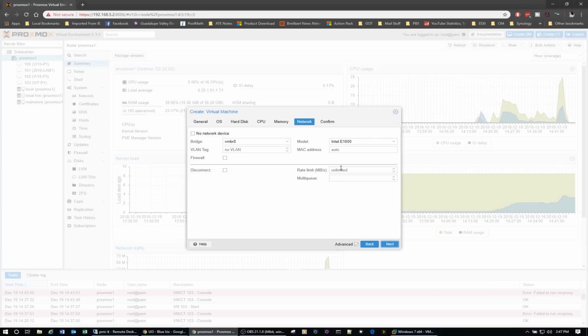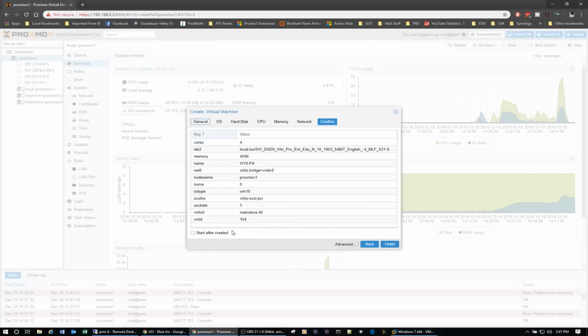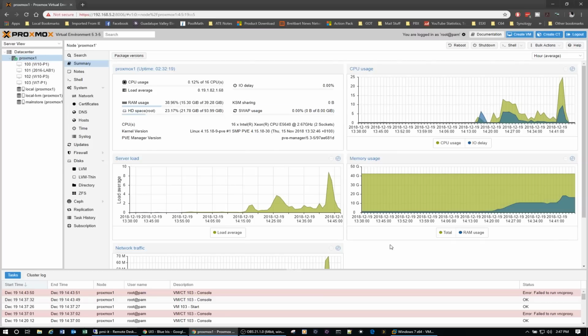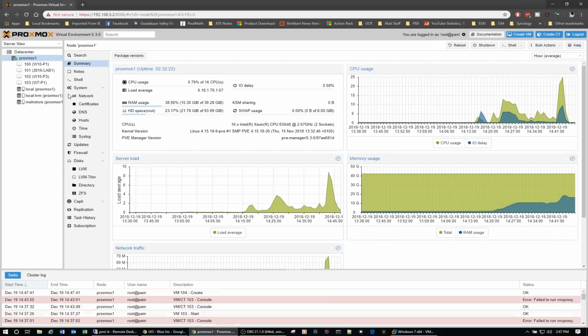Click on Next. We're going to leave it in bridge mode, and we're going to choose the VirtIO Paravirtualized. Click on Next, and then just confirm the settings so it can create the virtual machine. Make sure you don't click this button here or it'll start automatically. Click on Finish, and then we'll wait for it to finish creating the virtual machine, and it appears to have